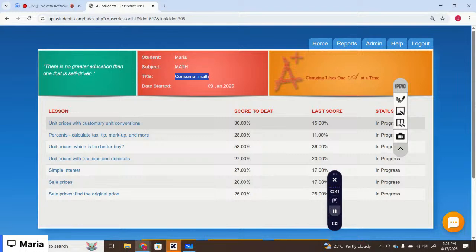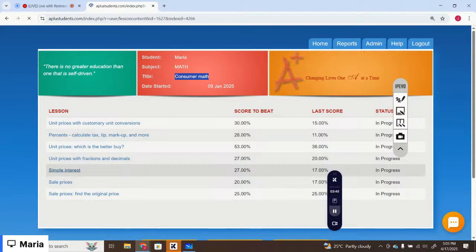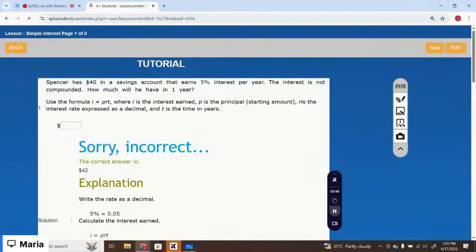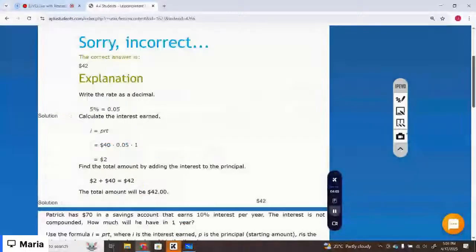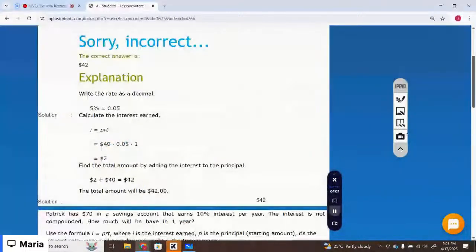Spencer has $40 in a savings account that earns 5% interest per year. How much will he have in 1 year? You need to calculate how much he has in 1 year. So the formula for the simple interest is I equals PRT. P is the principal amount. R is the